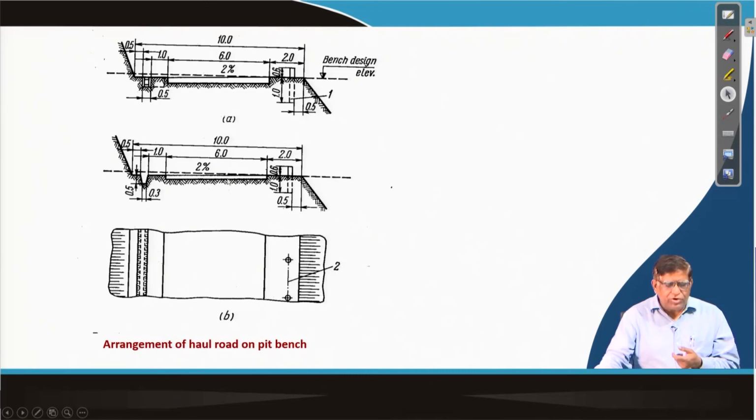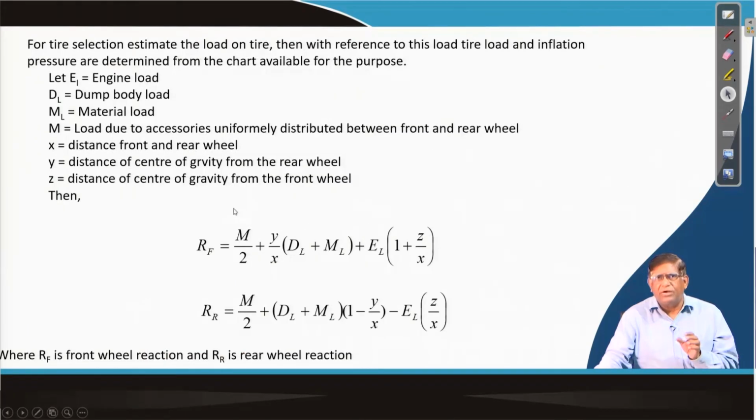So, that means the haul road design, that is, whether there will be a proper gradient and a safety berm, this you do in surface mining when you do a haul road design. So, for the performance of the truck, these two things should be compatible, that is, how we will be deploying the truck on the road.